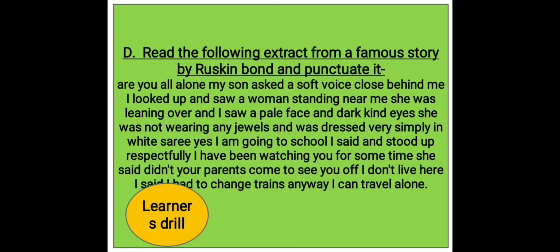I will read it to you, this one. Are you all alone, my son? Asked a soft voice close behind me. I looked up and saw a woman standing near me. She was leaning over, and I saw a pale face and dark, kind eyes. She was not wearing any jewels and was dressed very simply in white sari.